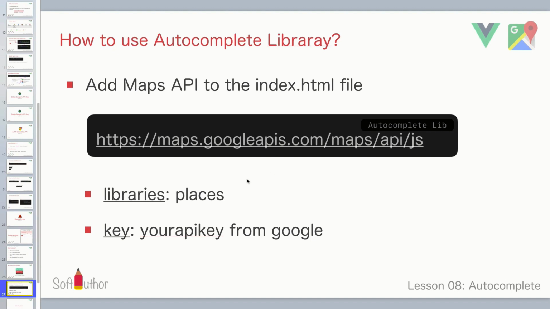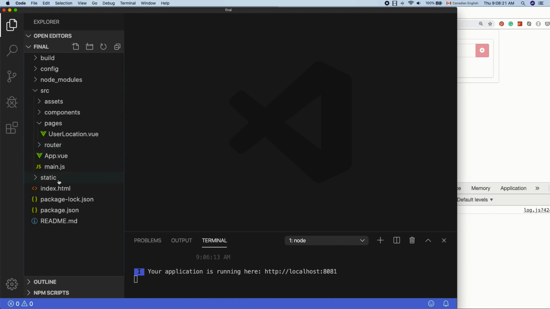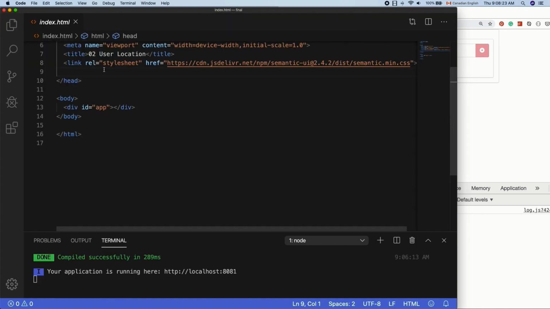The first query parameter is the library name that we want to use, in this case, Places. As I mentioned earlier, Autocomplete is a part of the Places library. The second parameter is the key. Let's see that in action. Go to index.html and inside the head element, create a script tag with a source attribute